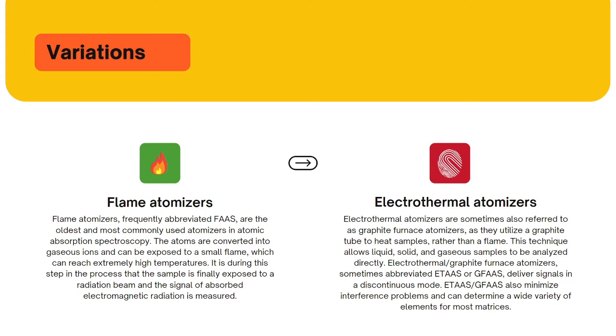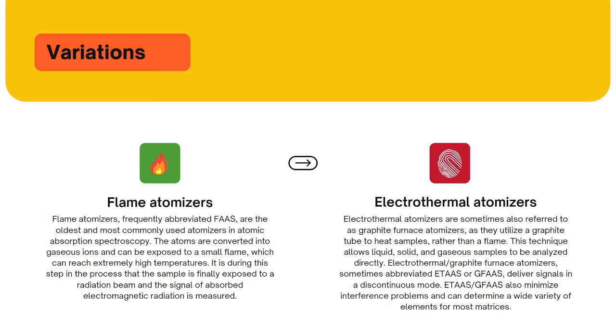So there are two variations based on what instrument is used in order to gasify the sample. We have flame atomizers and electrothermal atomizers. Flame atomizers are the oldest and most commonly used atomizers in atomic absorption spectroscopy. These are commonly used to test liquid samples or solid samples which have been dissolved in a liquid. Using this process, a sample is first evaporated, and then vaporized and converted into gaseous molecules, which can be dissociated into free atoms. The atoms are then converted into gaseous ions, which can be exposed to a small flame. During this process, the sample is exposed to a radiation beam,